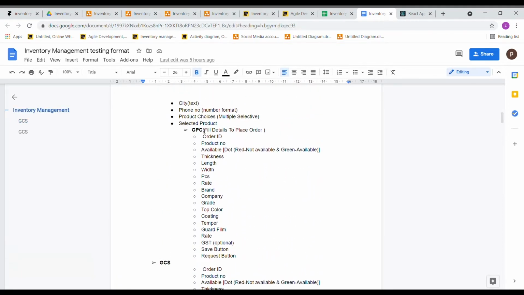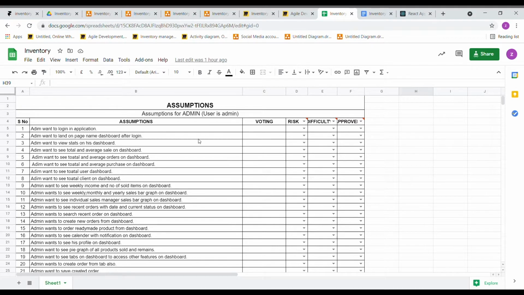Next, in that inventory, we have created assumptions. Assumptions are the requirements of that particular user. Here we have written assumptions for the admin. So here the user is an admin. If the admin wants to log in to the application,